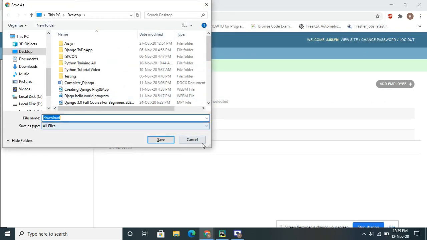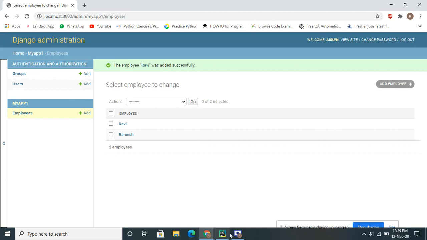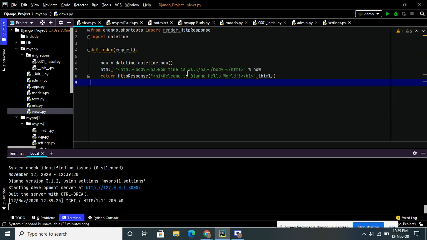Sorry, one second, why am I not getting it? Okay, because in the views, whatever you want to print, we have to print in the form of keys and values. That's why it's not taking.